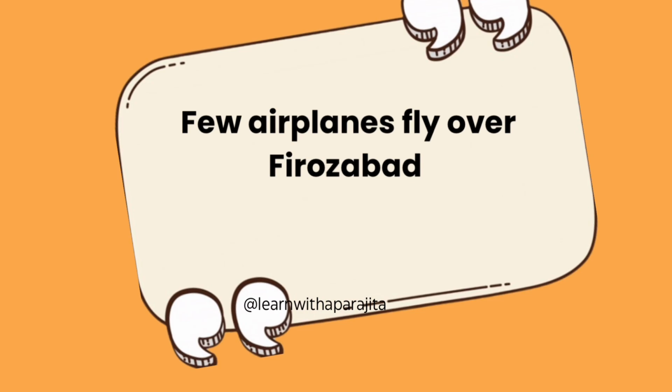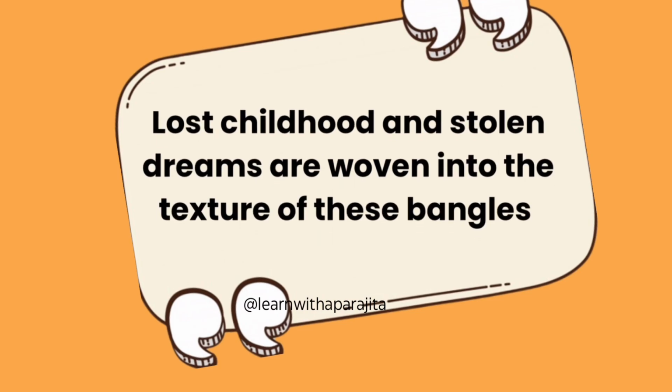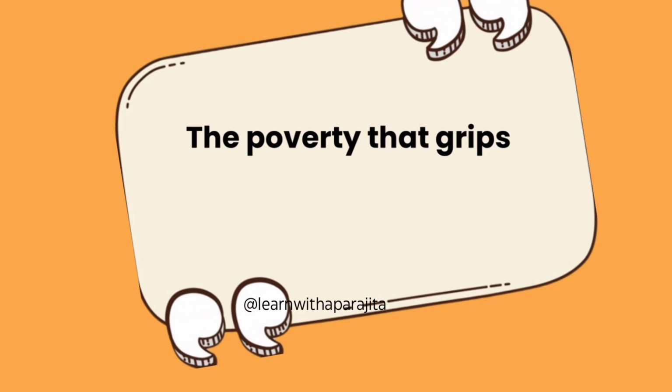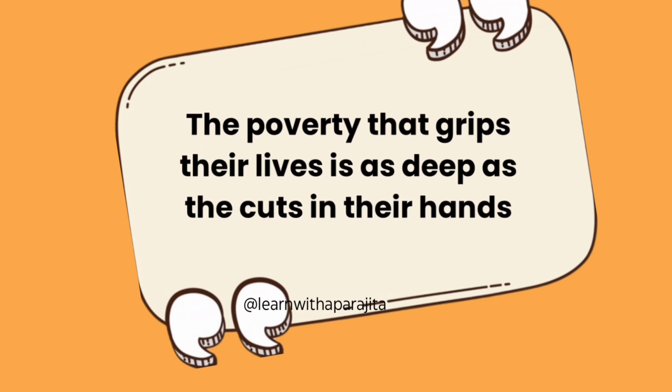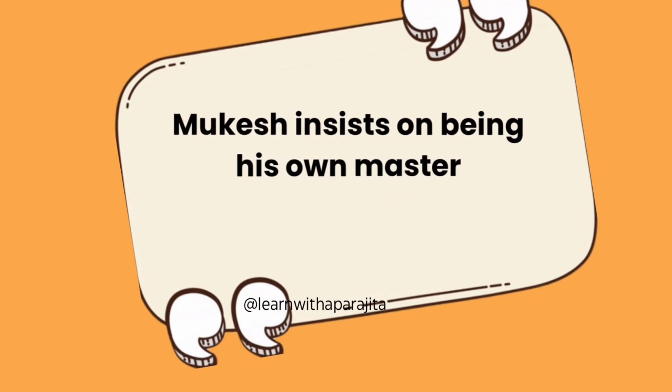of poverty. This line symbolizes the exploitation of children whose lives are sacrificed to sustain the bangle industry. This vividly portrays the physical and emotional scars of those trapped in bangle making, reflecting the pain of exploitation. Mukesh's determination to become a motor mechanic symbolizes hope and the courage to break free from the cycle of poverty.